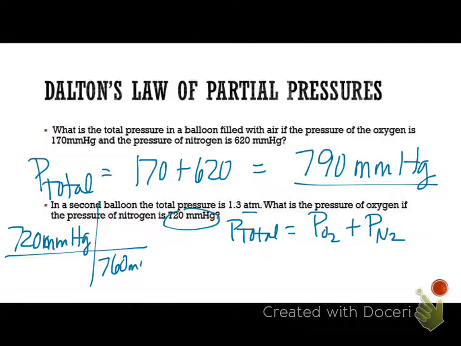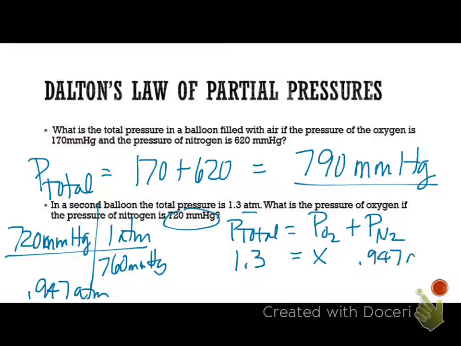760 millimeters of mercury is equal to 1 atmosphere. So that comes out to, I believe, point something. I can't remember. I have it written down. Thank you. 0.947. 0.947 atmosphere. So now I can plug those into my formula. I have a total of 1.3. X is oxygen and nitrogen is 0.947 atmosphere. So I can get my partial pressure of oxygen by subtracting them, and I would get 0.35